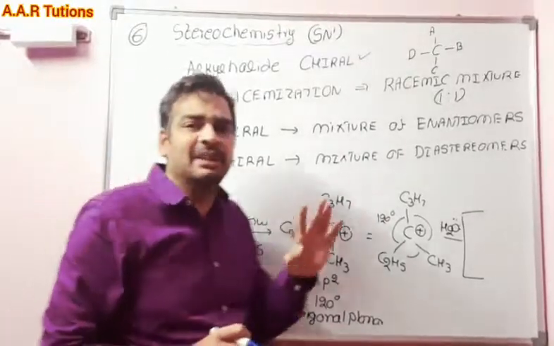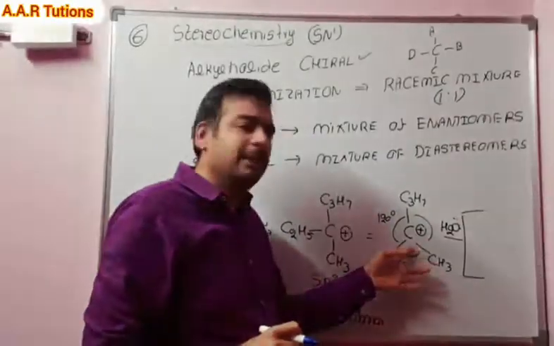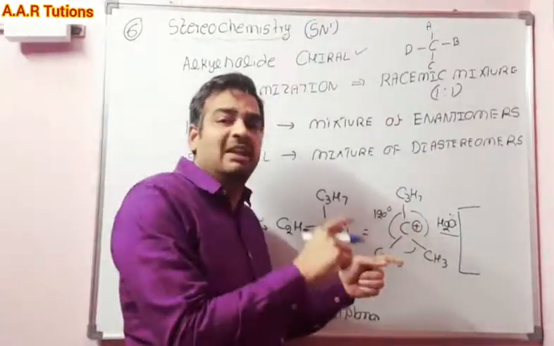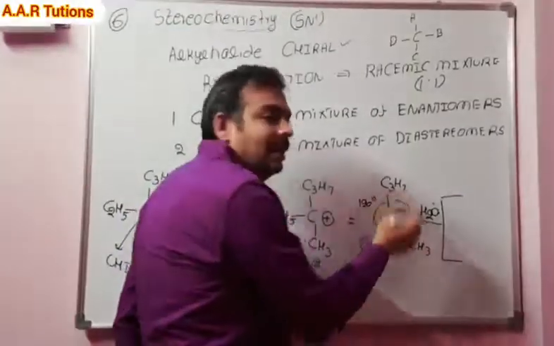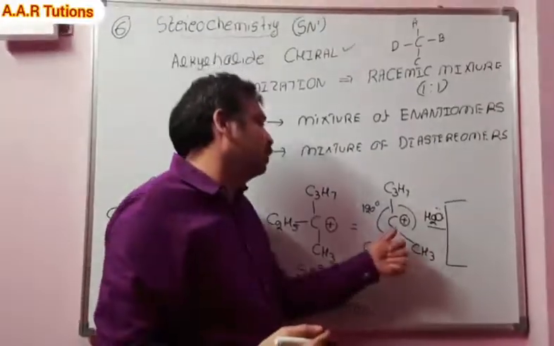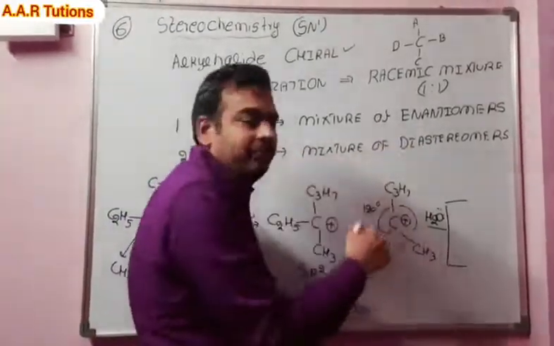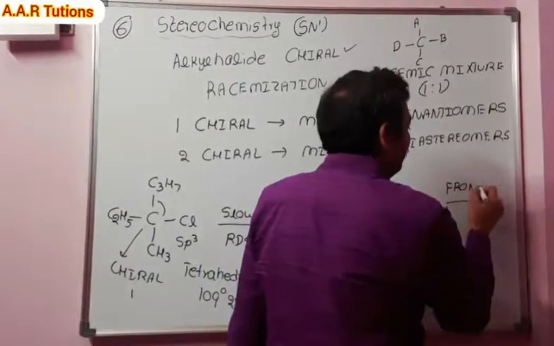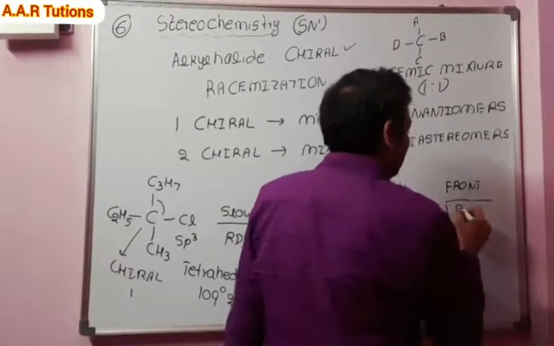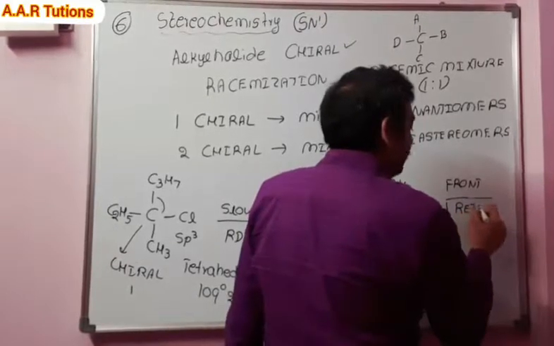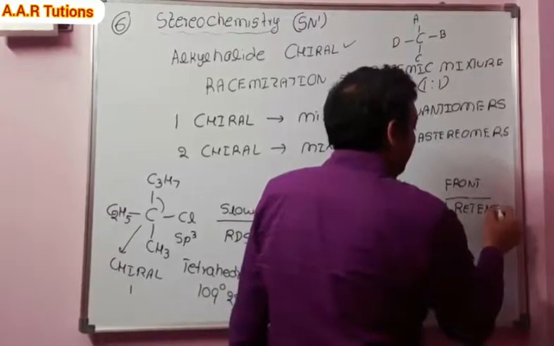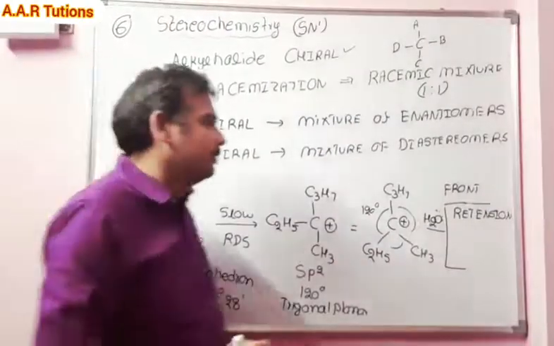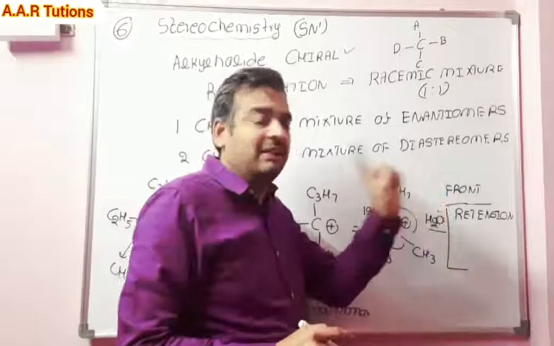So why are we getting a mixture of isomers? Here a planar molecule will be formed. So there are 2 possibilities for the nucleophile to attack in the second step, either at the top or back. If the nucleophile will attack at the front side, we will get the isomer with retention of the configuration.